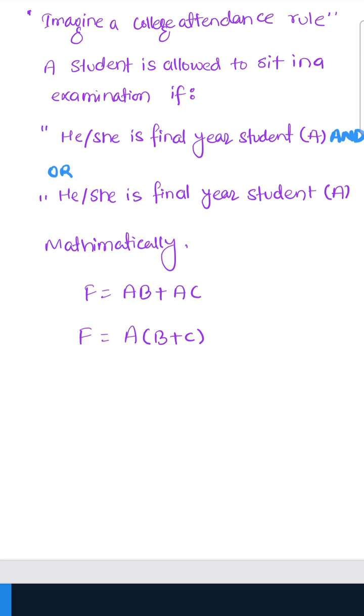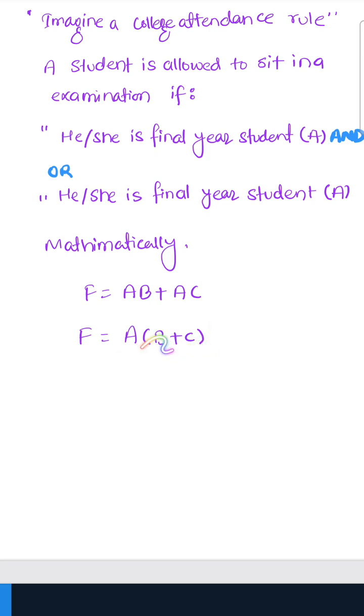Now the rule becomes easier to understand. This means a student is allowed to appear in the examination